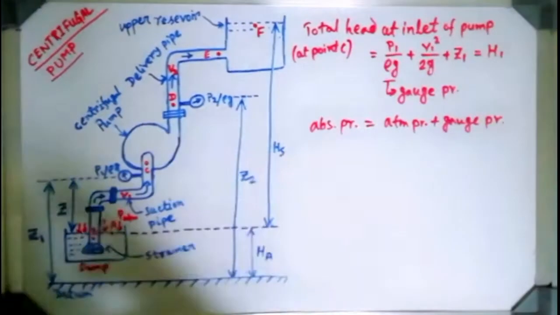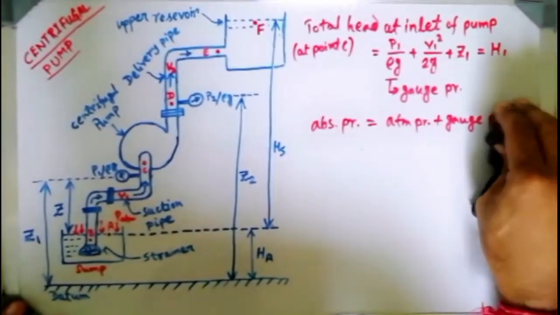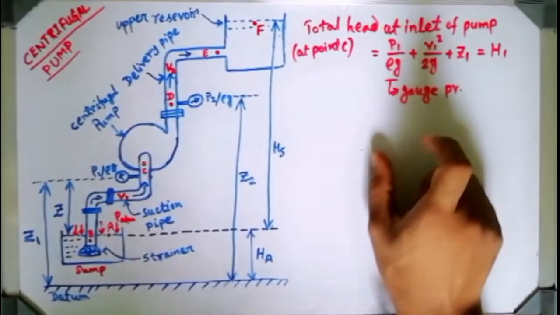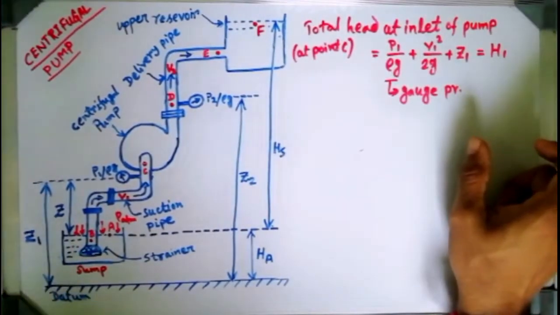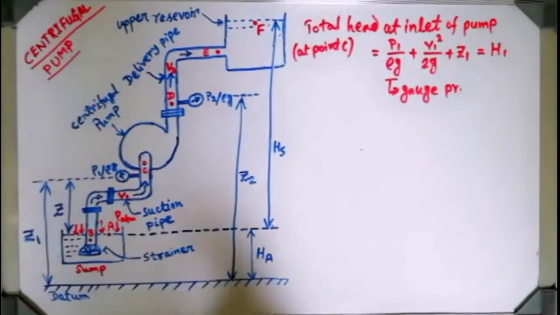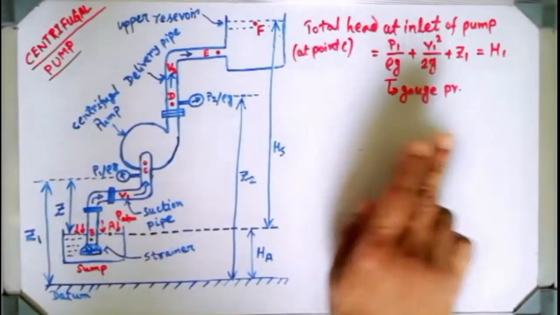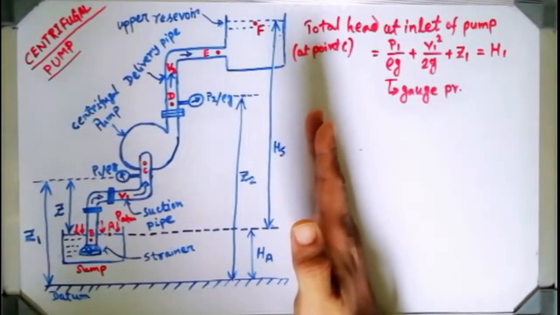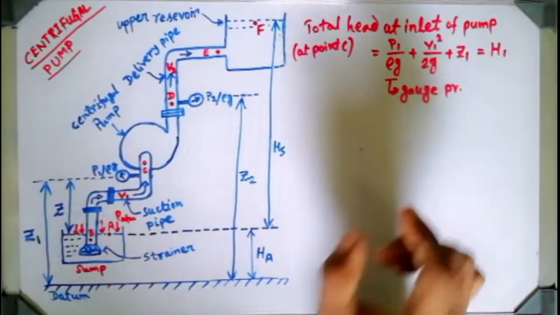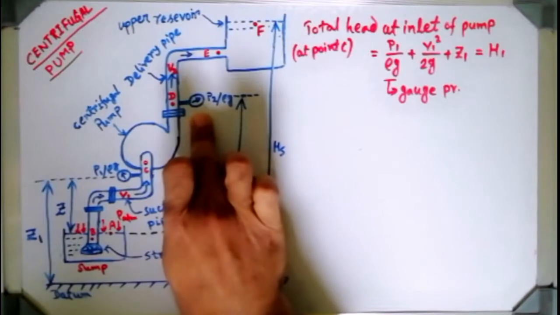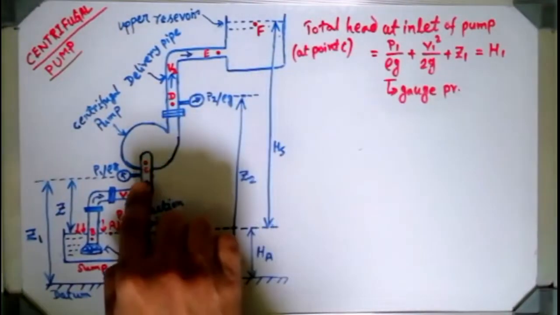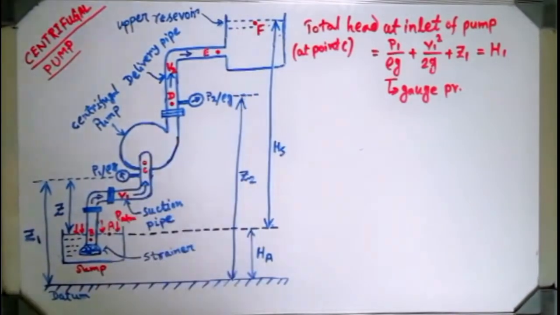Okay, so if you want to get the absolute pressure, then always you have to add gauge pressure to atmospheric pressure, and if it is a vacuum pressure, then you have to subtract vacuum pressure from the atmospheric pressure, then we will get the absolute pressure. Understood? If it is vacuum, then you have to subtract it from the atmospheric pressure. If it is more than atmospheric pressure, then you have to add them both. Here basically the P2 pressure will be higher than the atmospheric pressure, but here the pressure will be less than the atmospheric pressure.